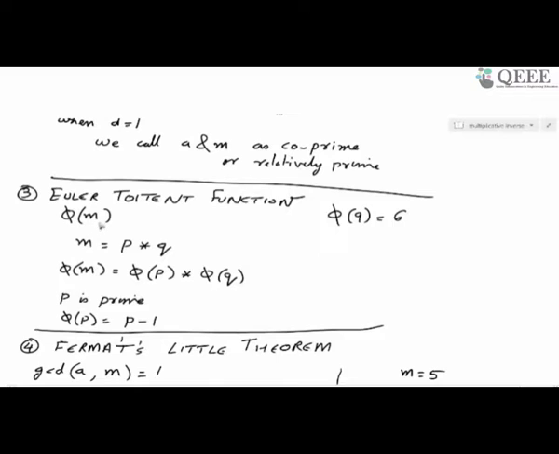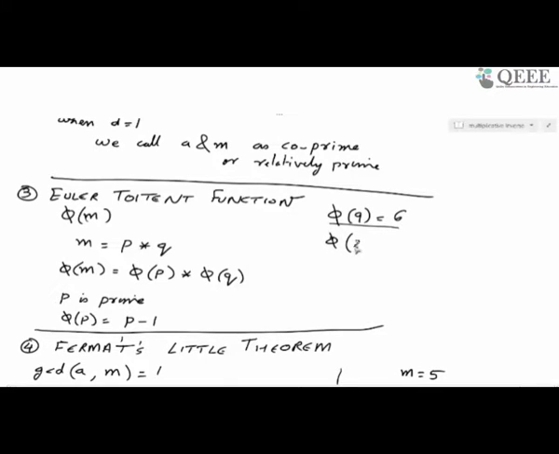That is, it is the number of integers which are less than m and have a GCD of 1 with respect to m. Okay, so we had taken the example of phi of 9 to be equal to 6,